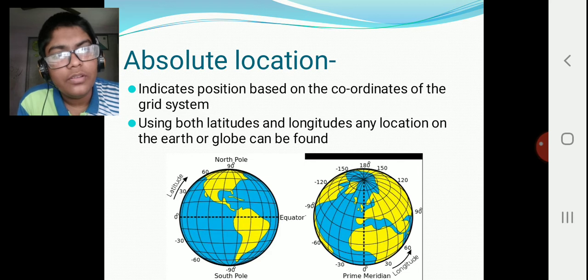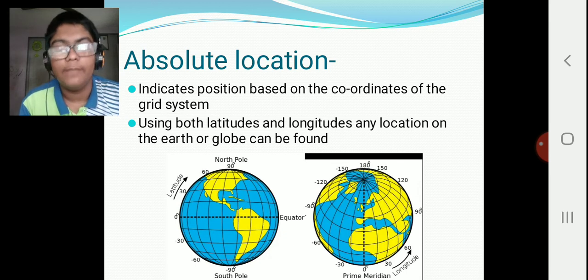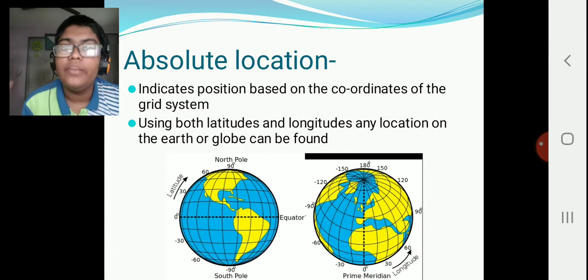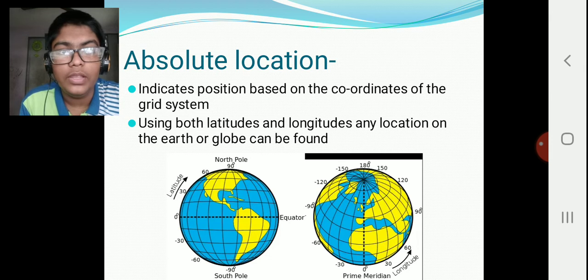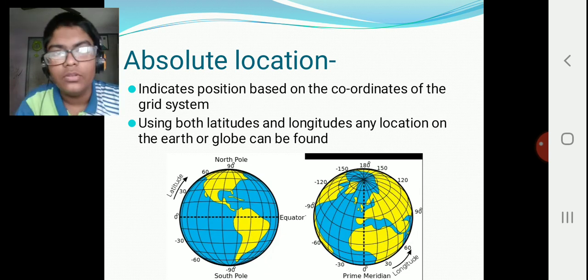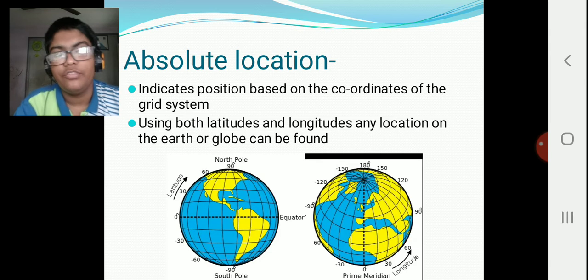Of course absolute location becomes a little bit difficult to understand in regular use, but relative location helps us in that. But if you want to check the location of a certain place on a large scale, then absolute location is going to help you. There you can't say this place is south of America and next to this and that. Here latitude and longitudes can only help you. That is, only absolute location can help you.